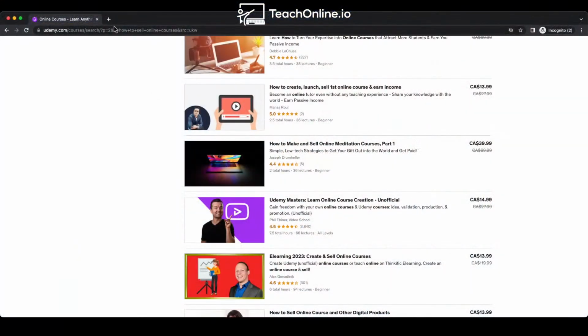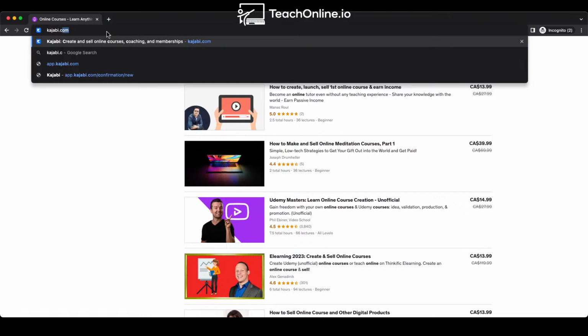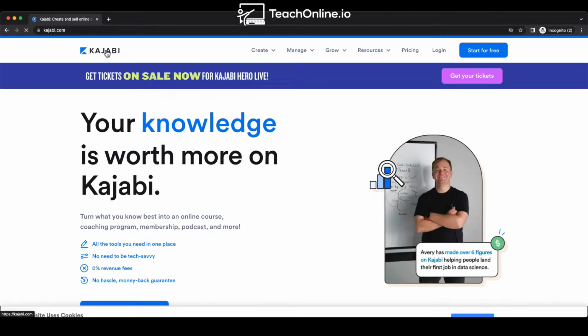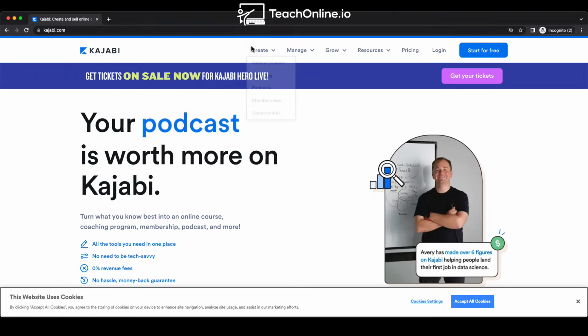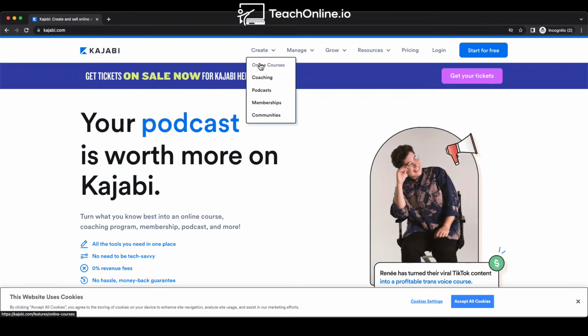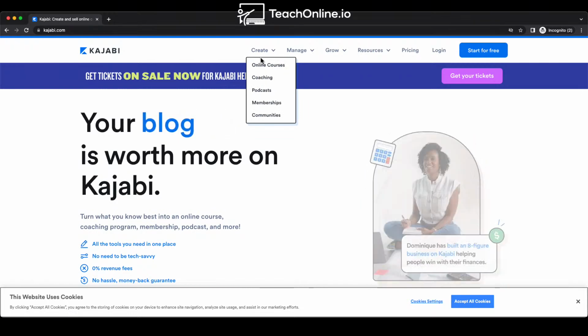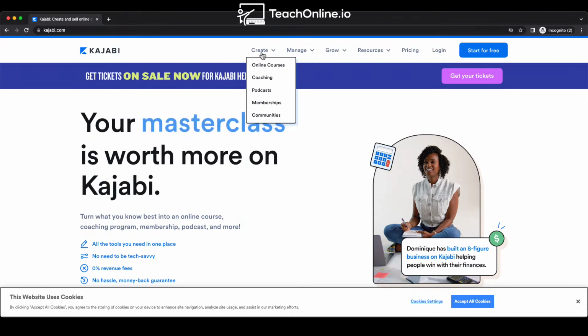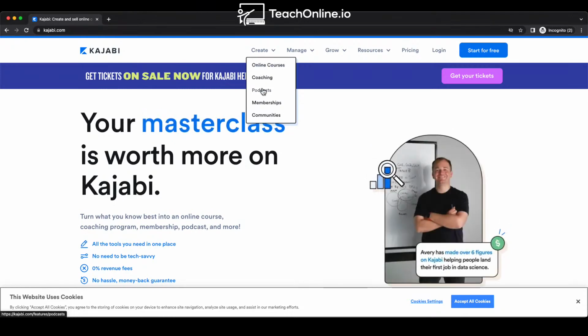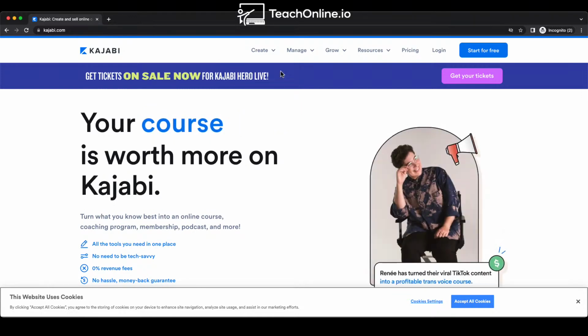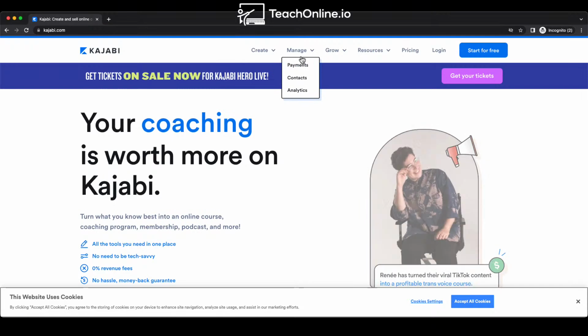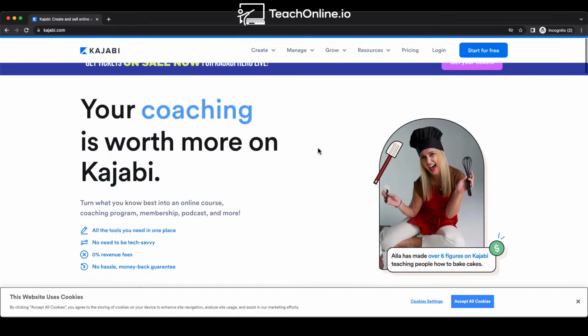If we take a look, I'll spend a little bit of time on Kajabi here. Let me just open that one up. We'll go over to Kajabi, just to show you what that one looks like. Kajabi is a website that you basically log into, and you create courses, memberships, and communities. They're trying to put everything together in here. It's a place for your courses to sit, a place where you can deliver your courses, have memberships and different ways of selling courses, and also do some marketing for your courses.